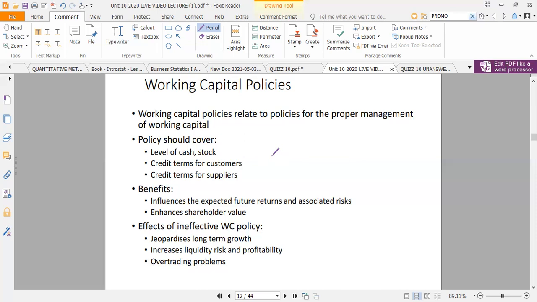Now, a question: if working capital policy is ineffective, what becomes of the firm in terms of growth and profitability? It is important to ensure that the policies set up by a firm are firm. Once they're ineffective, they jeopardize the growth of the firm in terms of profitability. They also increase what is called liquidity risk. Liquidity risk comes about from the firm's inability to pay its short-term obligations. They'll be in default. Working capital is very important, especially for sole traders, because it helps them strategize and plan how they're going to meet their debts. It also ensures that there's no